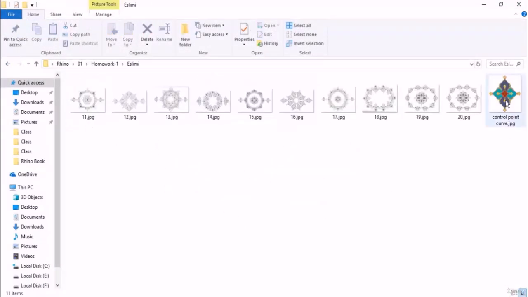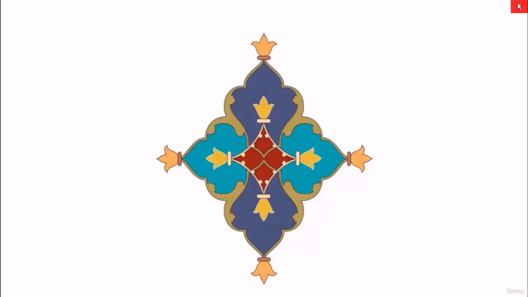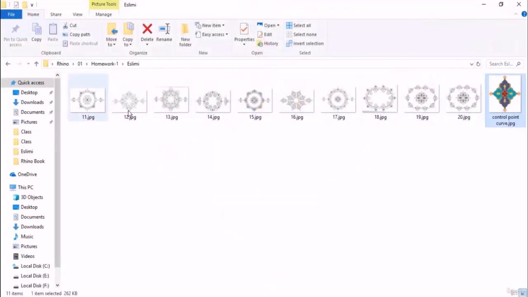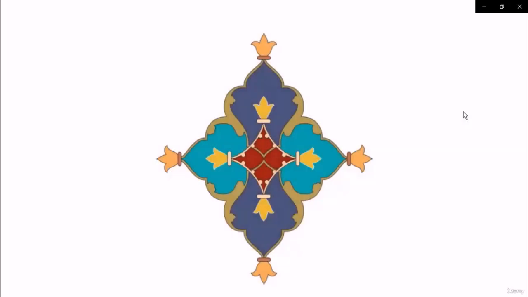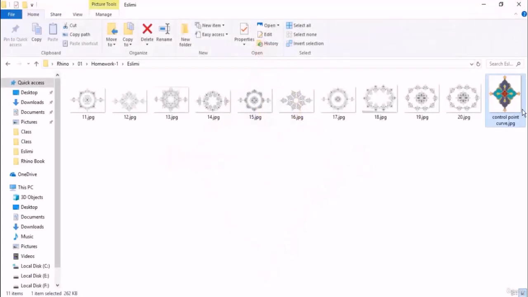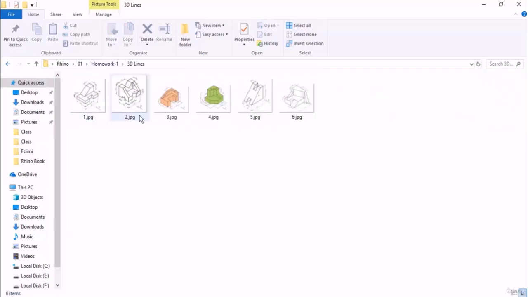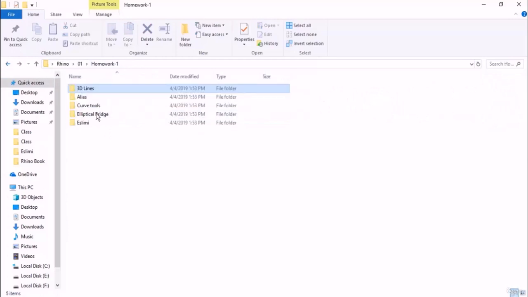But I have skipped something. Let me tell you that in Slimy patterns, this is regarded as your homework too. You should choose one of the uncolored patterns and also the control point curve which is selected. So here there are two files that you should sketch, and it is simpler than the other one, as I mentioned, control point curve, that I want you to sketch this by using control point curve. Since you were required to know how to work with the control point curves, I have assigned this for you for developing the skills in